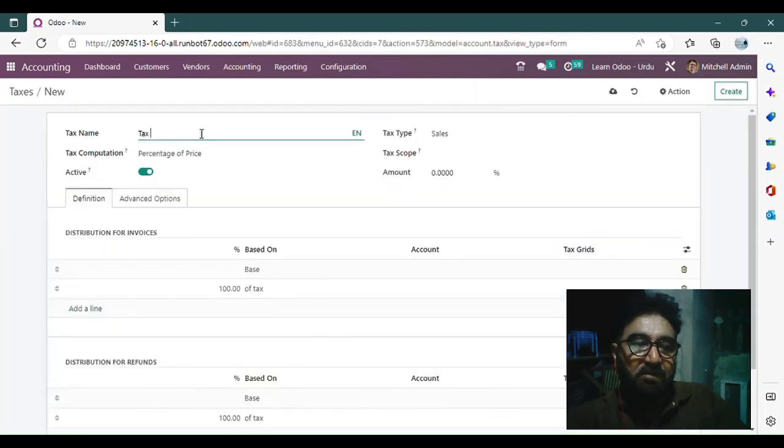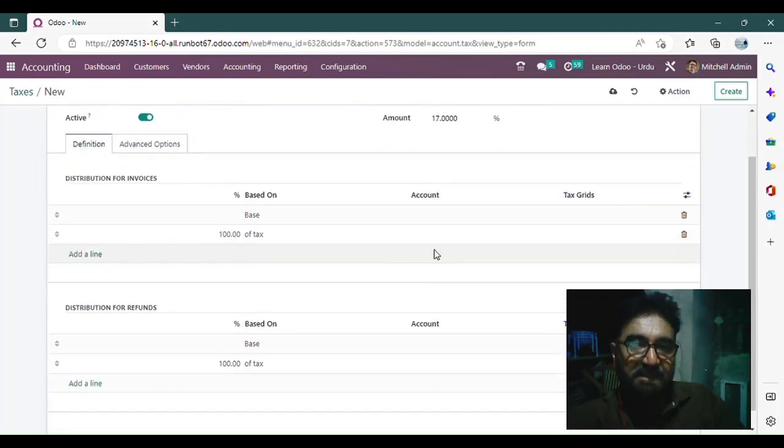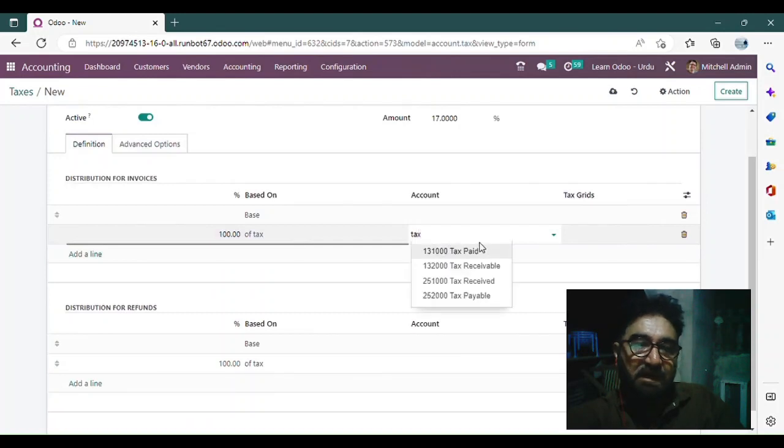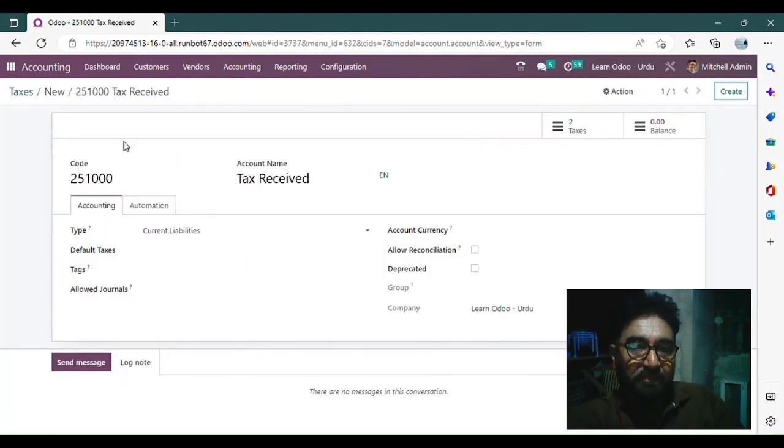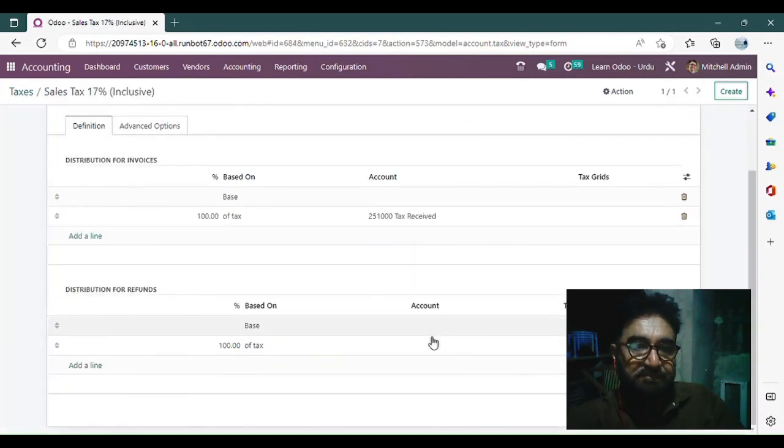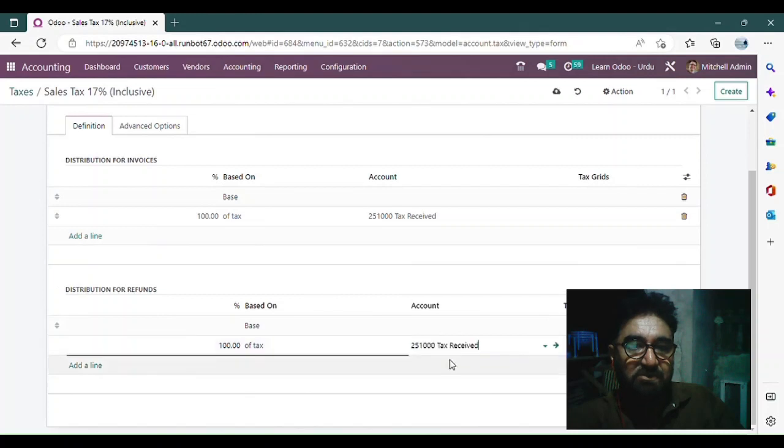Here, when you create, press the create button. So in the name we are going to select 17% inclusive, and this inclusive means the price includes sales tax. In the amount we give 17%, and we will take the same liability ledger, tax received, which is a current liability. Down there for refund, we are going to use the same account, tax received,